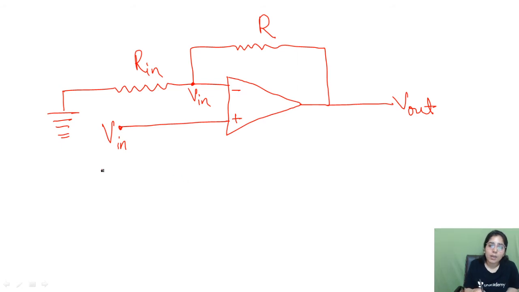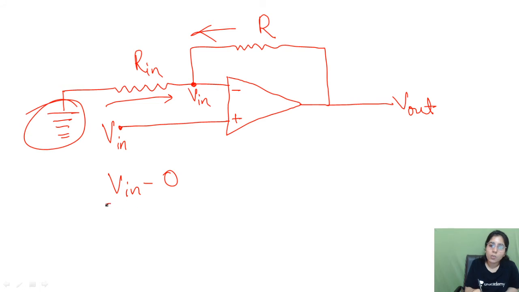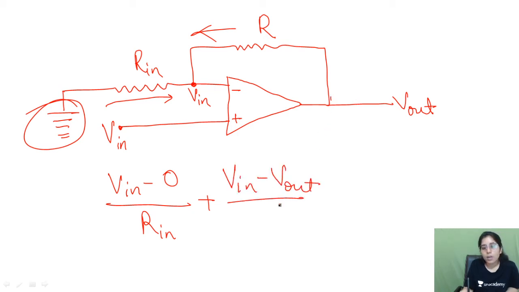Now next point, if we will consider the current, okay, so here this and this way you have to consider it. At this junction, once again you will have to apply the KCL. So what it will be? Final voltage minus initial voltage, because it has been grounded, so 0 upon R input, plus again it's gonna be final minus initial, that is V output here this side, upon R, okay, that is RF. Let's write it in this way so that it will be more clear to us.